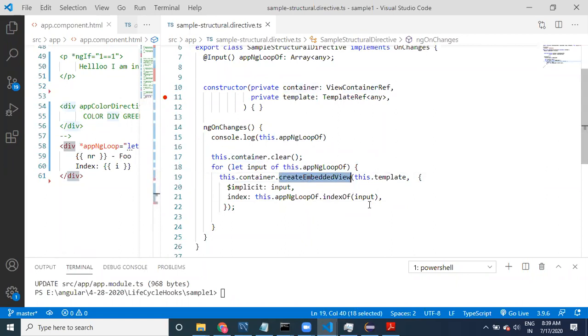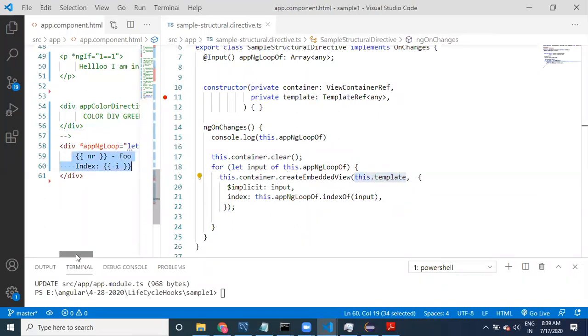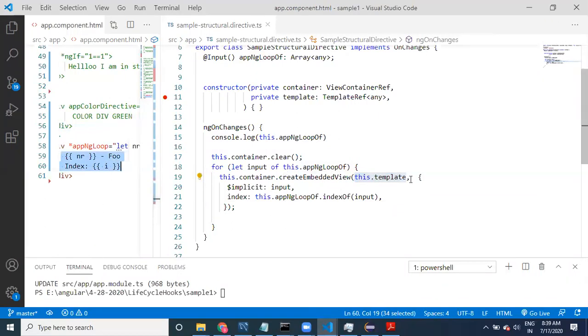It is a method. In this method, this.template. Template is, you can take like this, this template. By taking this template, we are going to provide those values.